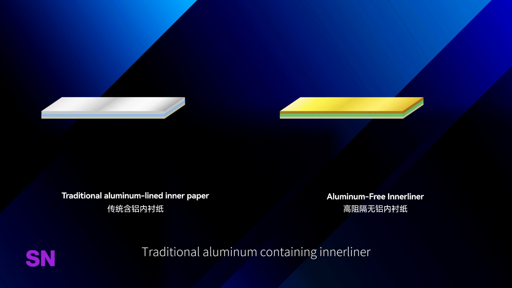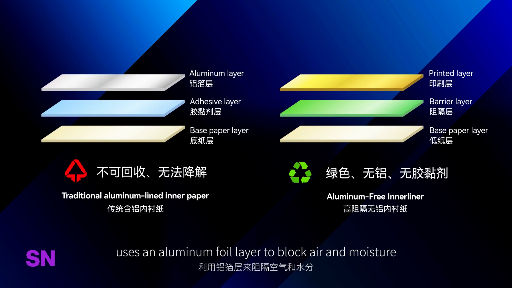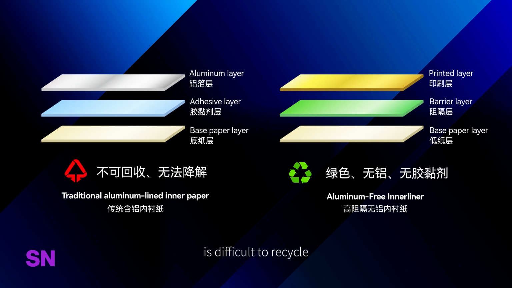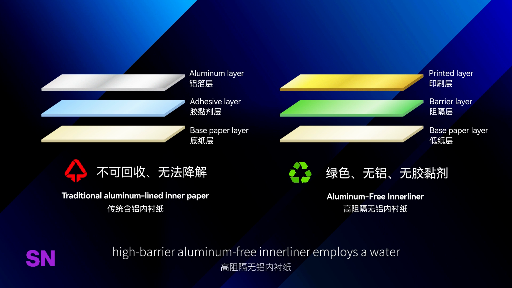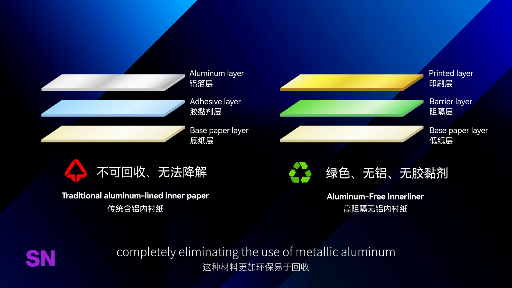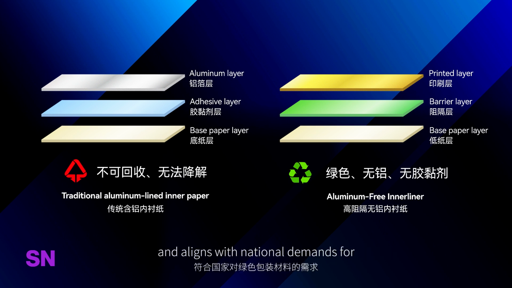Traditional aluminum-containing inner liner uses an aluminum foil layer to block air and moisture, effectively preserving the aroma of the cigarettes. However, the metallic aluminum in this material is difficult to recycle and does not decompose naturally, leading to environmental pollution. In contrast, high-barrier aluminum-free inner liner employs a water-based coating layer to replace the aluminum foil layer, maintaining the original moisture-resistant and aroma-preserving functions while completely eliminating the use of metallic aluminum. This material is more environmentally friendly, easier to recycle, and aligns with national demands for green packaging materials, reflecting the